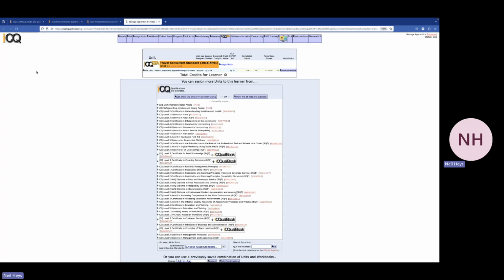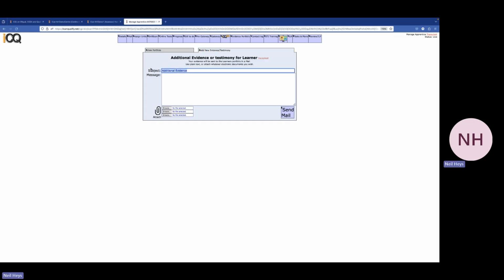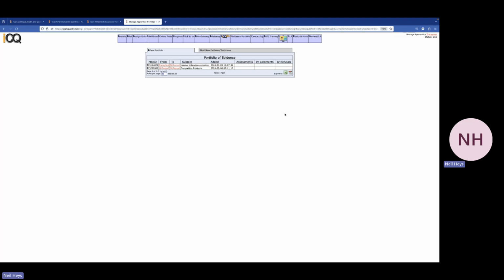This will then take you to their portfolio, bearing in mind that you're logged in as the assessor at this stage. Hit the evidence portfolio button across the top and then opt to add new evidence or testimony. We're going to call this completion evidence, and then send mail. There's no need at this stage to attach anything to the system. Once that mail has been sent or that item's been saved within the portfolio, you bounce back to the view portfolio option, and if you click the mail ID number to the left of the screen,